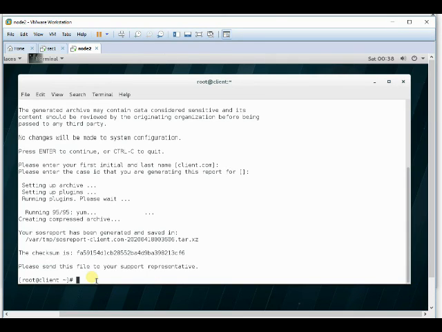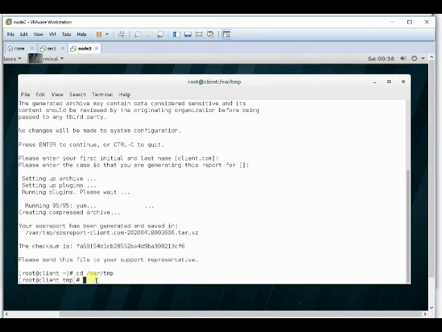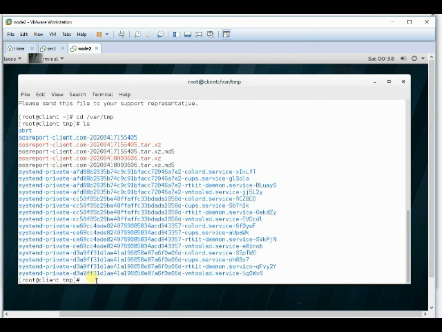We can check it. So go to the cd /var/tmp directory, enter, and ls. Yeah, this is date wise.